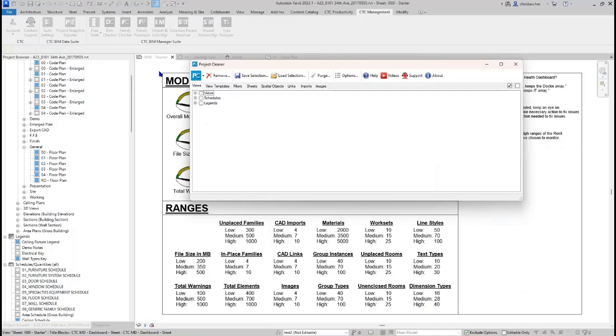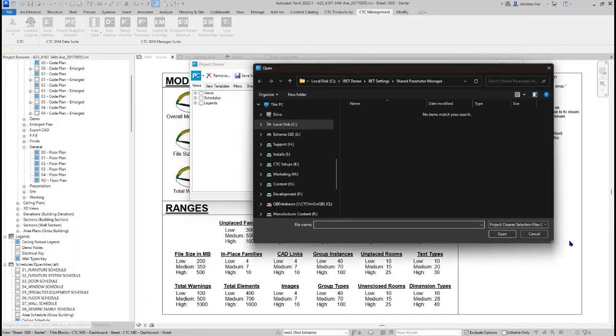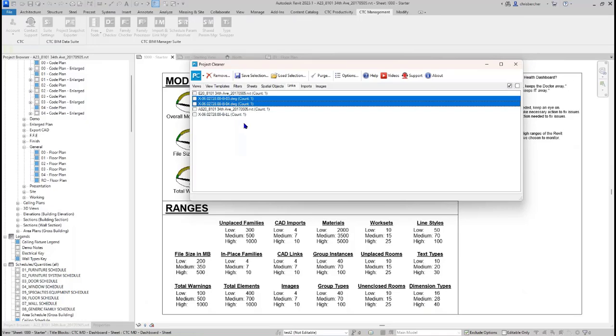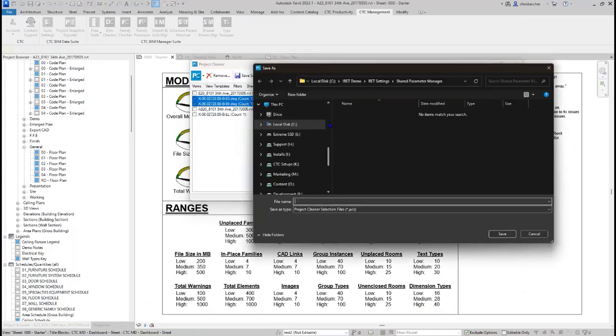So blow away all those sheets. And this is a great way to set some of that up. Now, one of the things that you get to do here once you're done specifying what you want to get rid of, maybe, I'm just going to check a few boxes here just to have some things checked. You can save that selection to a settings file so that you don't have to reinvent the wheel the next time, if it's something that you're doing on a regular basis for this project,